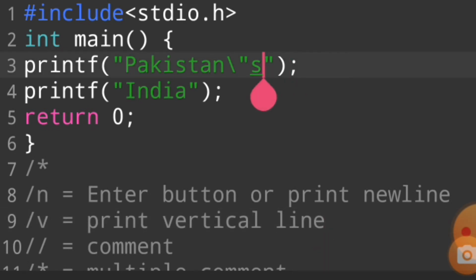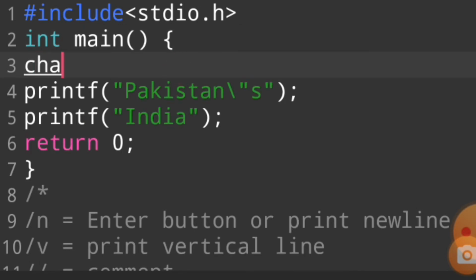In a character variable, if I say char, for example, I want to print a single quote a is equal to, our compiler is confused whether this single quote is closed in this area or in that area. So we use \' and our compiler understands that our user wants to print a single quote.